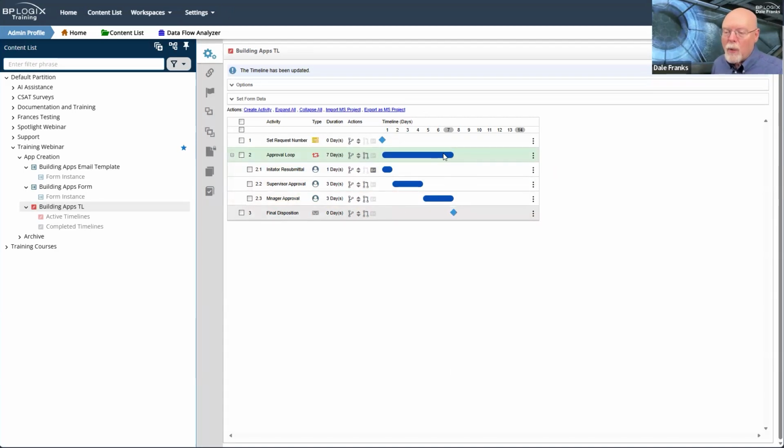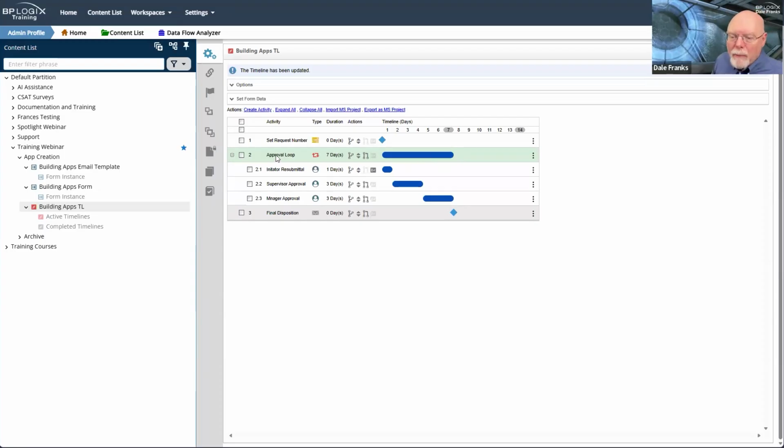And therefore, when the approval loop ends, which remember, happens automatically after manager approval completes, it will automatically go to my final disposition notification, which is going to send the final email to our initiator to let them know that their request was either approved or denied.